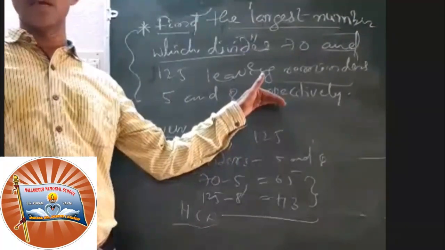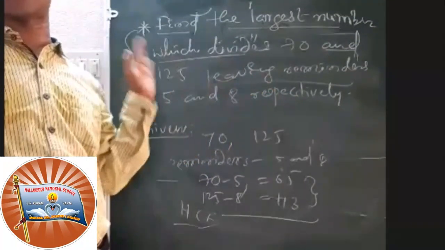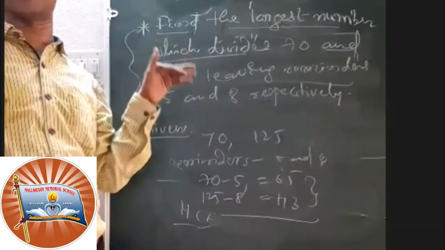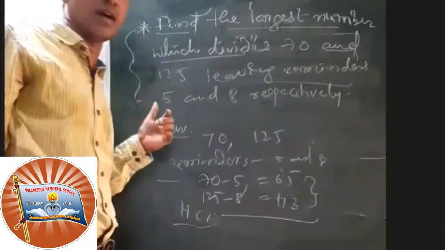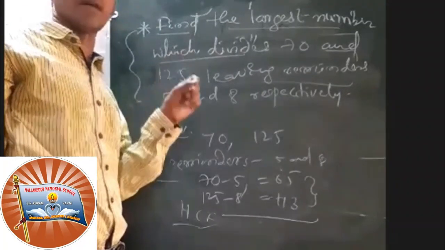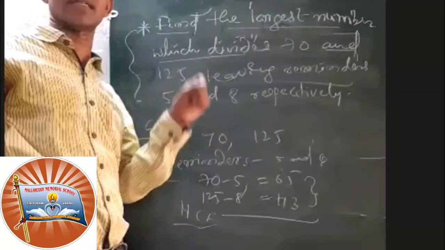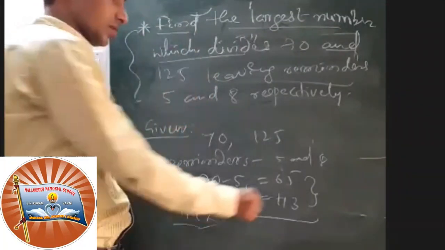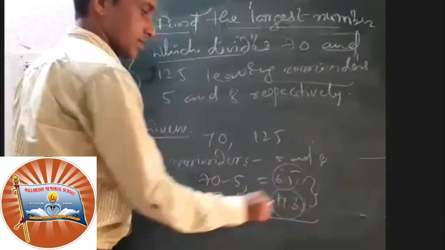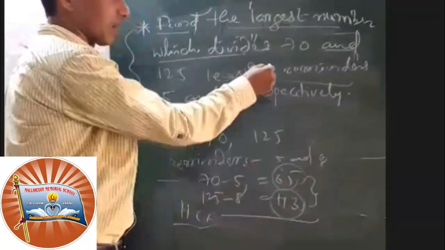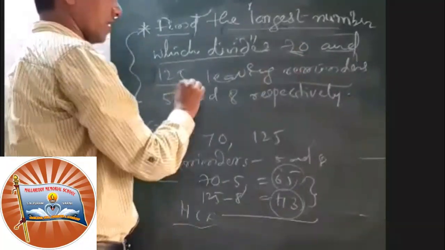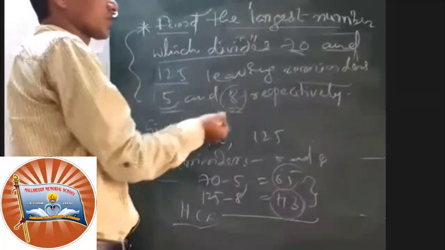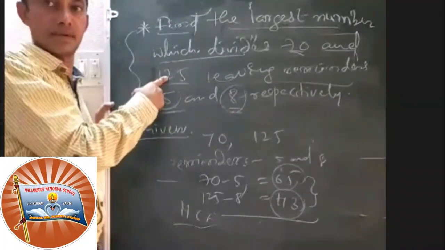This is the question. So it is another form of the first question. What is the first question? If the HCF of the given numbers 65 and 117 is in a particular form, what he has asked there, you have to find out this HCF also. Now these are the original numbers. How the numbers have been converted into another form, that is 70 and 125. The remainders are given. So when the remainder is given, you have to subtract it from the given numbers.